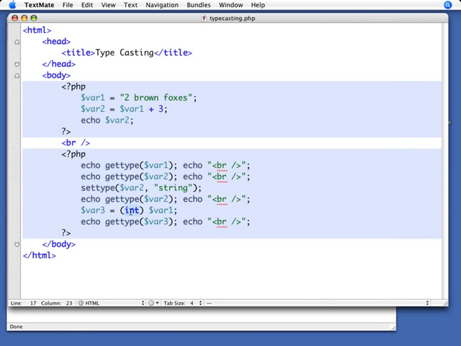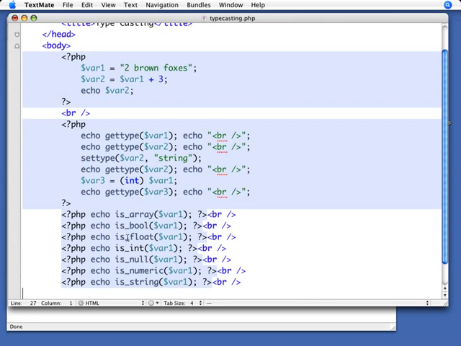In truth, most of the time, if you've done your programming right, you'll be working with the right type, and you won't need to do a lot of switching. But the few times when it does come up, I want you to know how to handle it. The last thing I want to show you on this is that it is possible to test for which type you're using. So I'll just paste in a block of PHP here for you,